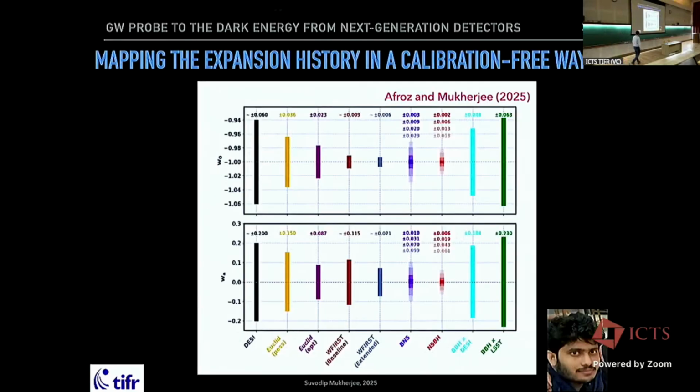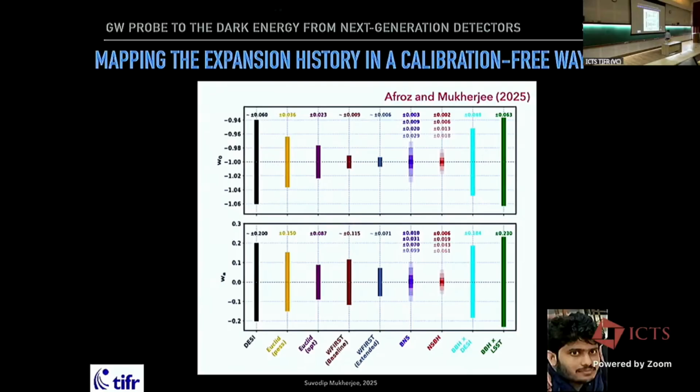How does it compare? This is the comparison of all state-of-the-art EM surveys. This is what we can get from gravitational waves, from bright sirens, and from dark sirens, again from the approach. You can see the smallest error bar in a calibration-free way will be accessible from gravitational wave observations only. For cross-correlation techniques, it is limited by the galaxy surveys available. As a result, the error bars are comparable. But bright sirens are possibly the best way, in my opinion, to go for the dark energy equation of state